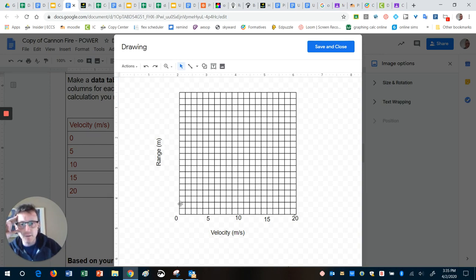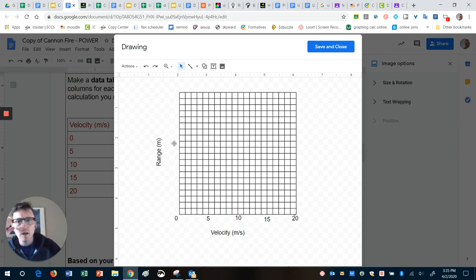20 boxes up, I have a range of 22, which means I can't do one box as a scale of 1 meter. So I've got to pick something else. I'm actually going to pick 2. I'm going to go with easy numbers. I don't want to get real fancy, real complicated. If I have one box represent 2 meters, then I have enough boxes to go all the way up to